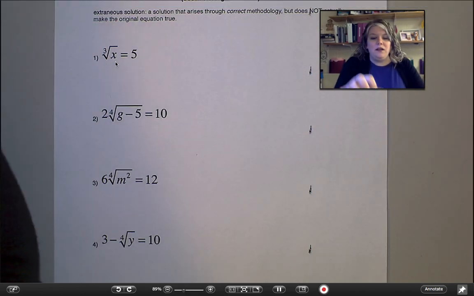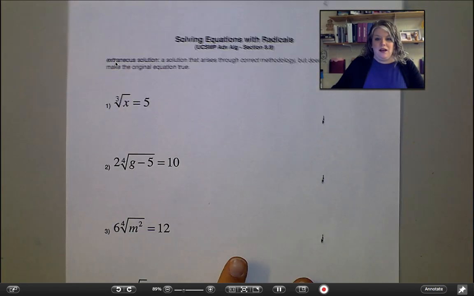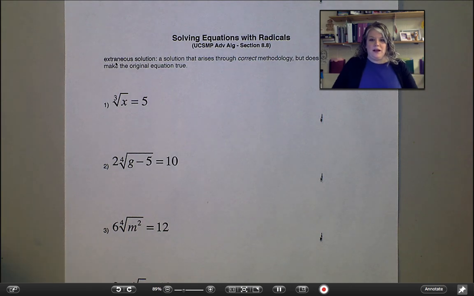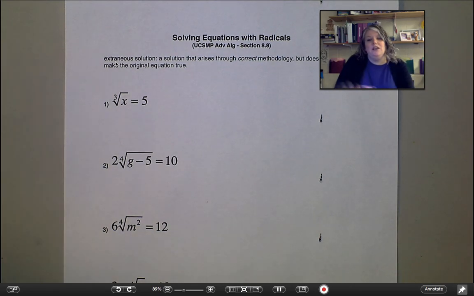Everyone. So today we're looking at lesson 8.8, and this may or may not be in order in your packet, so make sure you're looking at the correct page here. Lesson 8.8 is on solving equations with radicals. That's good news because we're going back to the land of equation solving, and you guys are really good at